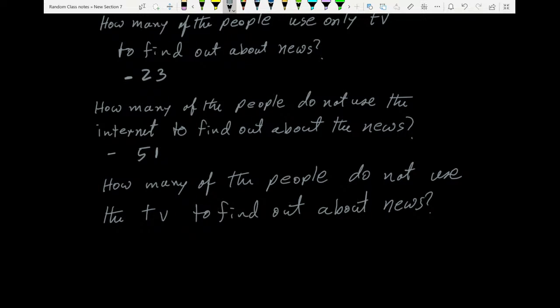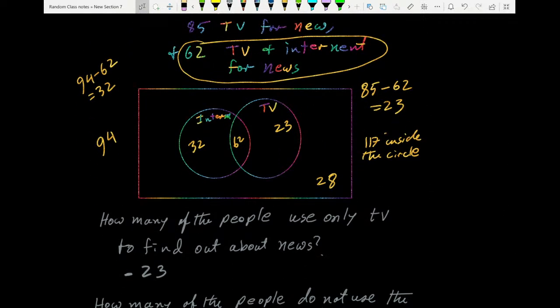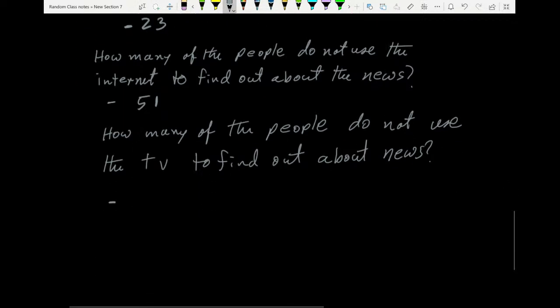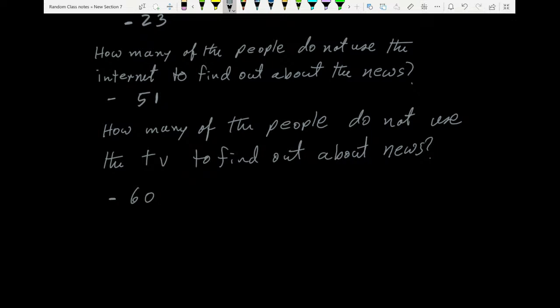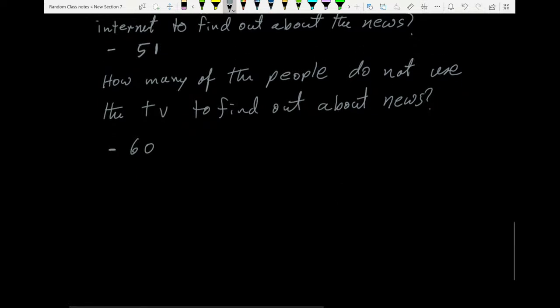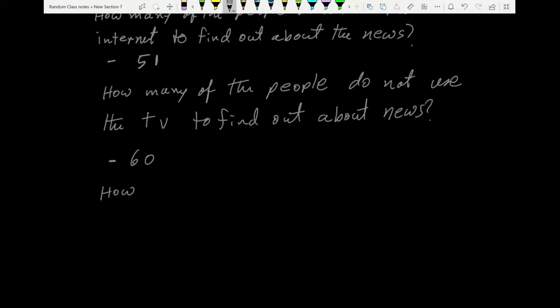So how many people do not use the TV to find the news? We look at this 32 number and 28, and we add them, we get what? 60. And last question, how many of the people use neither